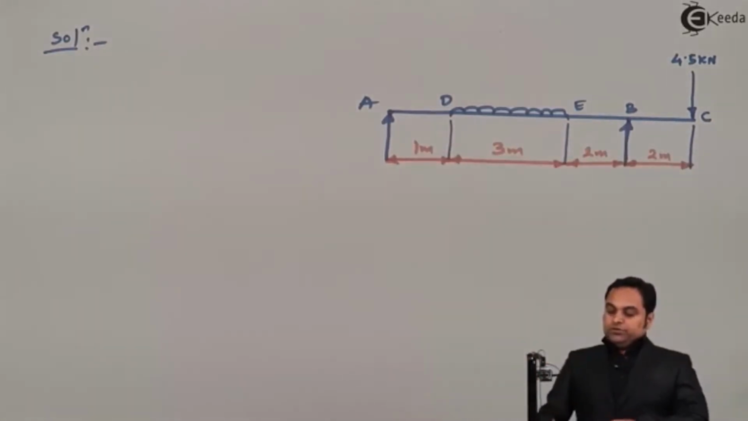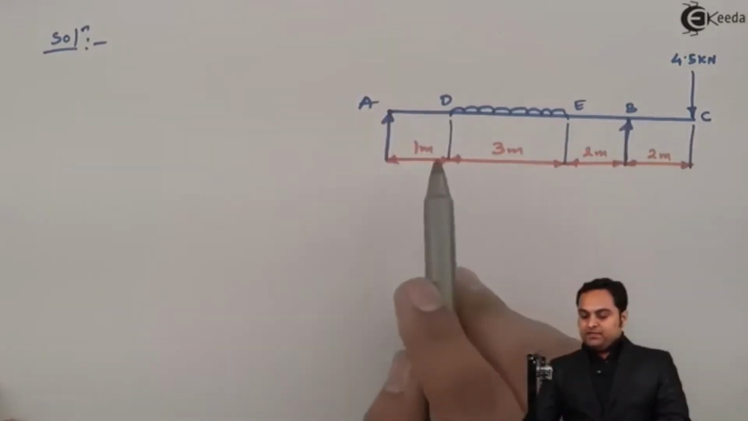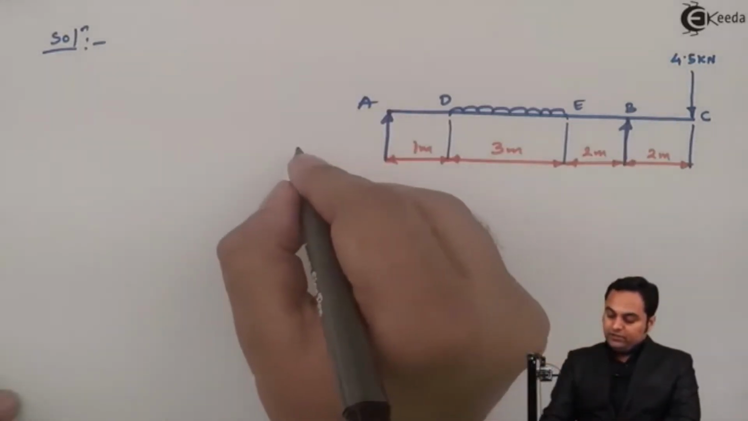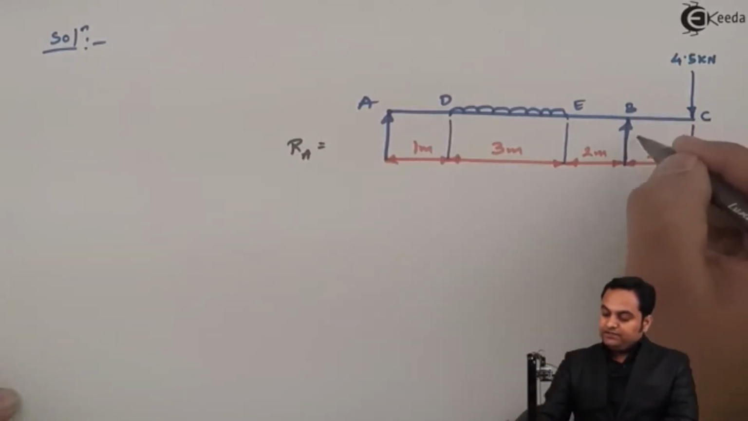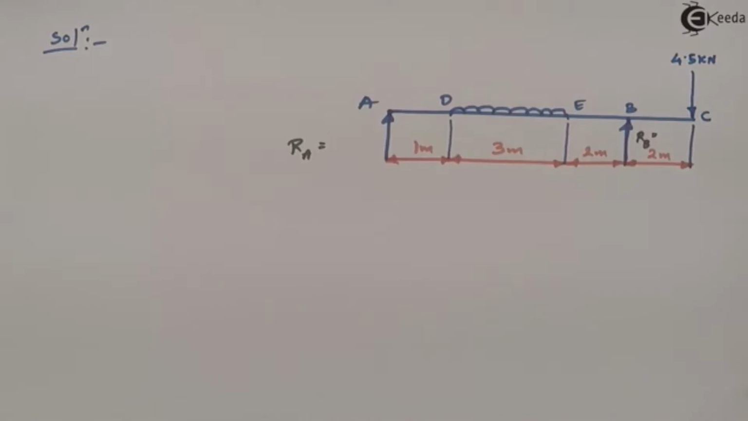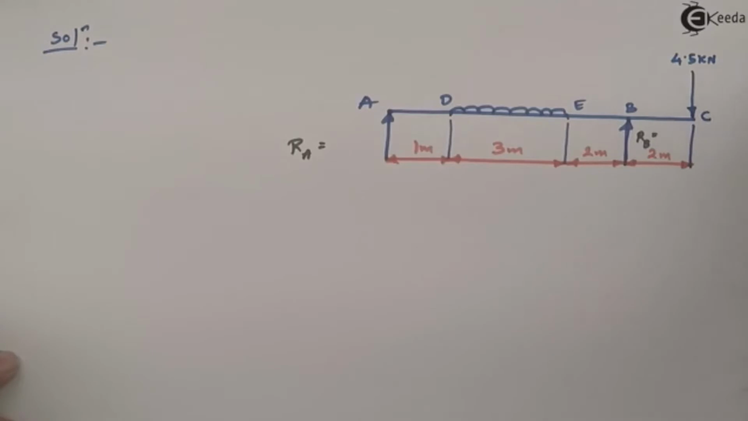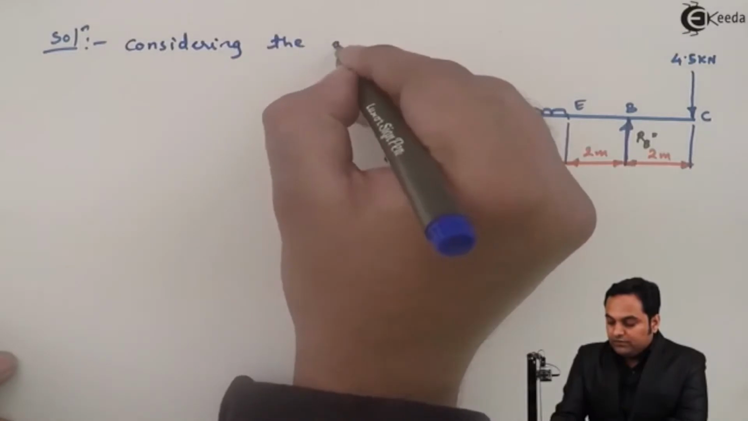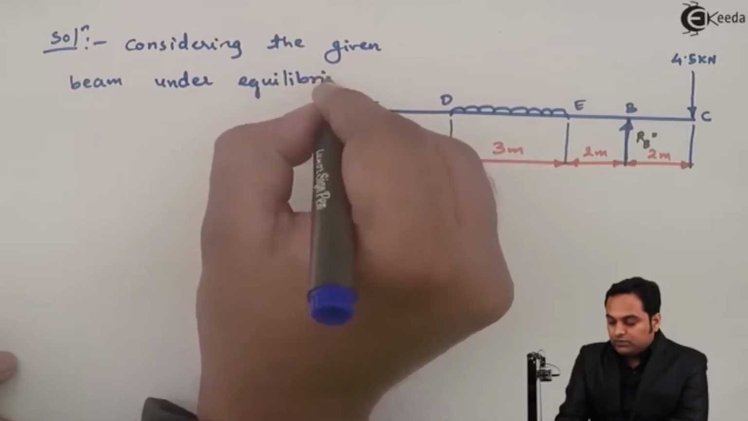Now here, as we can see, this beam ABC is the overhanging beam supported between A and B. So here we need to calculate how much will be the reaction at A, RA, and the reaction at B, that is RB. We have to find these two values. So now I'll say that considering the given beam under equilibrium